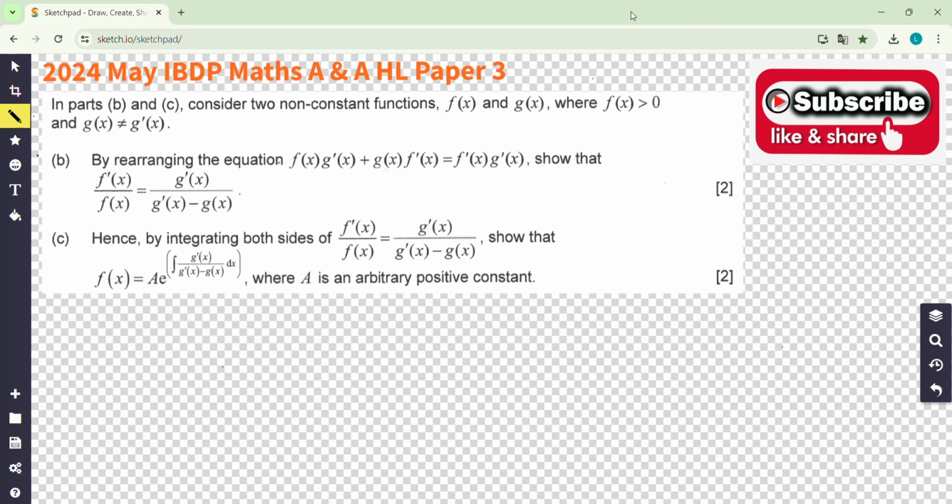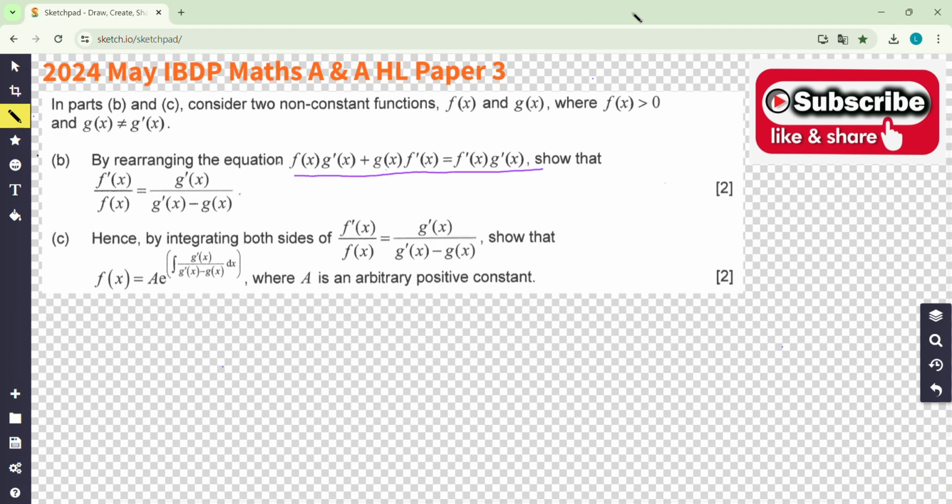Okay, we continue our journey for question number 1. For the B part, it's completely different from the A part. You can forget about the A part. Separate question. So we said that by rearranging the equation, so given this equation is correct, show that the result